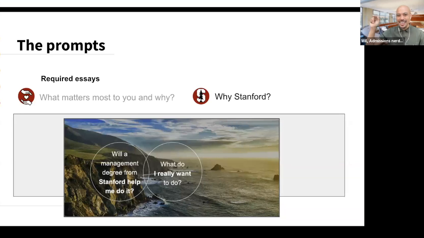Thinking about some of these dotted and dashed lines to that future you, how will a business degree help you get there? What are some of the experiences, whatever? And especially in the context of here, how will a Stanford degree help you get there? Maybe it's courses, maybe it's the network, maybe it's the ethos, philosophy, community, whatever that means. As long as you're connecting that back to who you are and what you want to get out of this experience and do beyond, you're headed in the right direction. Again, I have no preference what your rationale is, how you're rationalizing it. The only person you need to convince is yourself, because honestly, like 3/4 of you will change something at Stanford.